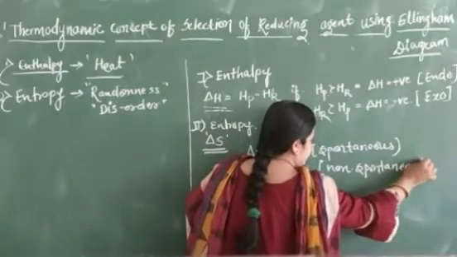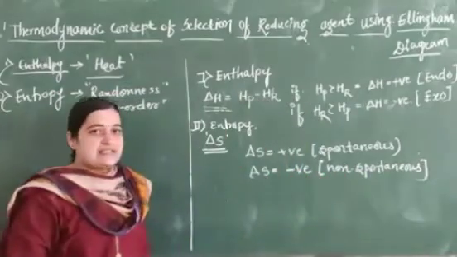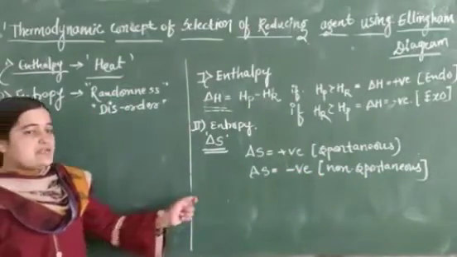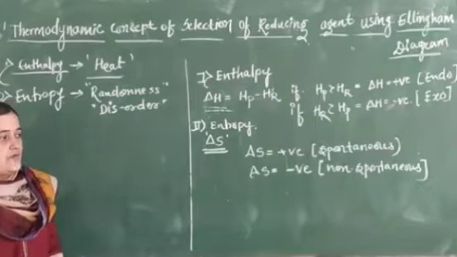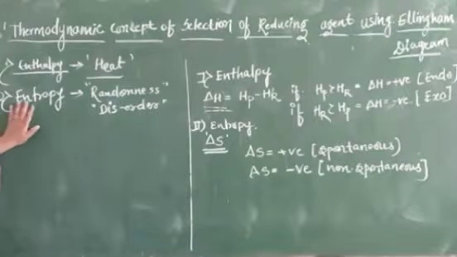If delta S is positive in nature and delta S is negative in nature, what will happen? Spontaneous and non-spontaneous reaction. That is about entropy. Entropy is nothing but a measurement of randomness or disorder. That we call entropy. Now the next part, the third part, is nothing but